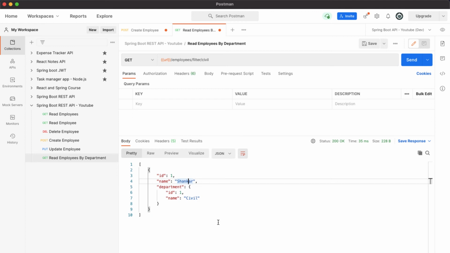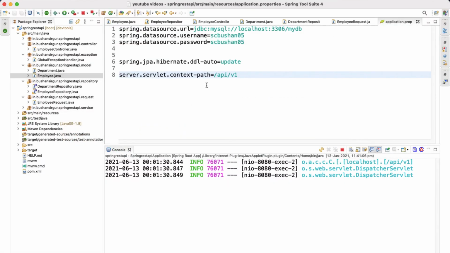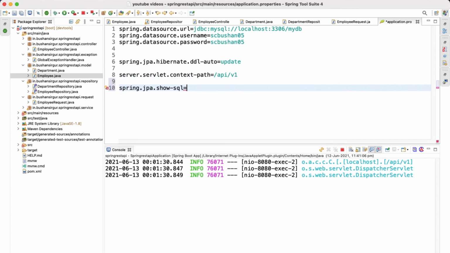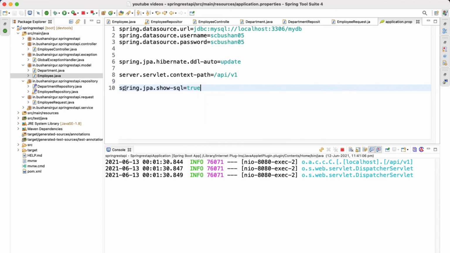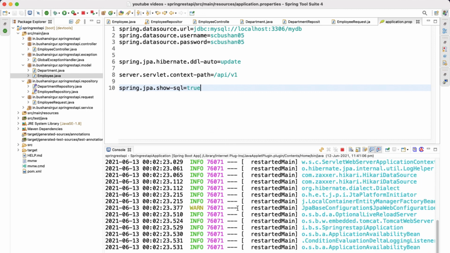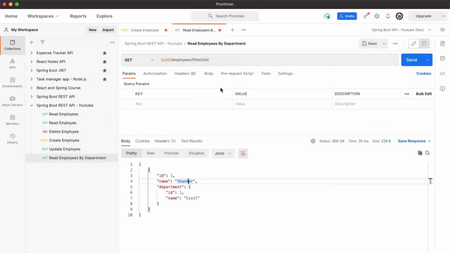We can prove that. Let's go back to the STS, and inside the application properties I'm going to add one more property, spring.jpa.show-sql, and set it to true. This is going to display the queries that it has executed inside the console. Let me go back to Postman again.